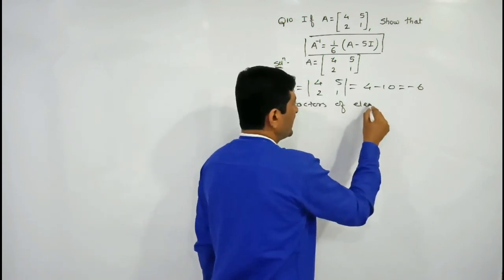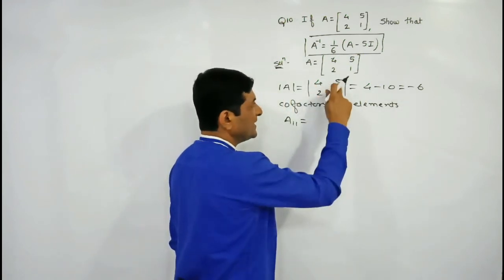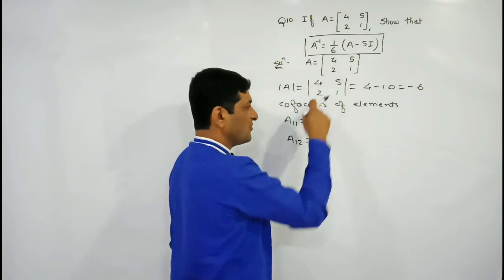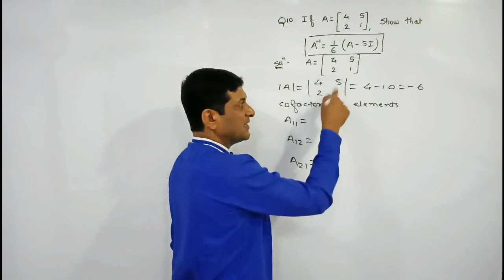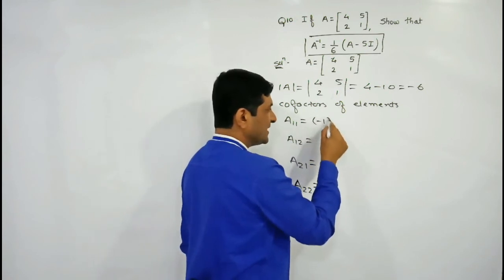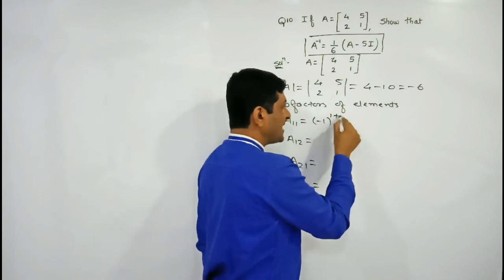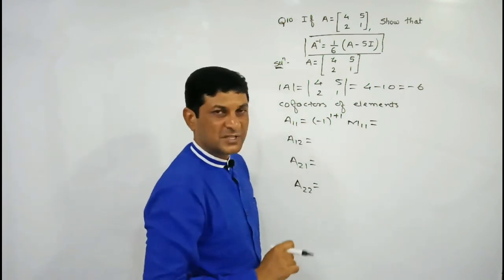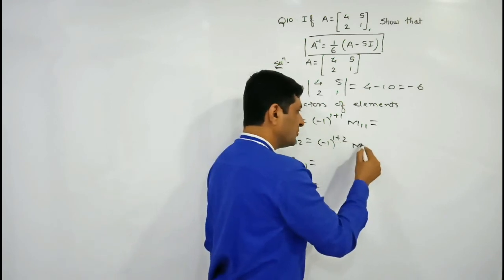of all elements. So the cofactor of the first element is denoted by A11, the second element lies in the first row and second column, so its cofactor is denoted by A12, 2 lies in the second row first column, so its cofactor is denoted by A21, and element 1 lies in the second row second column, so its cofactor is denoted by A22. And we have already solved many examples, so we know the formula to find the cofactor. What is the formula? Minus 1 raised to power i plus j into Mij. So here i is 1, j is 1. We are just substituting the values of i and j.